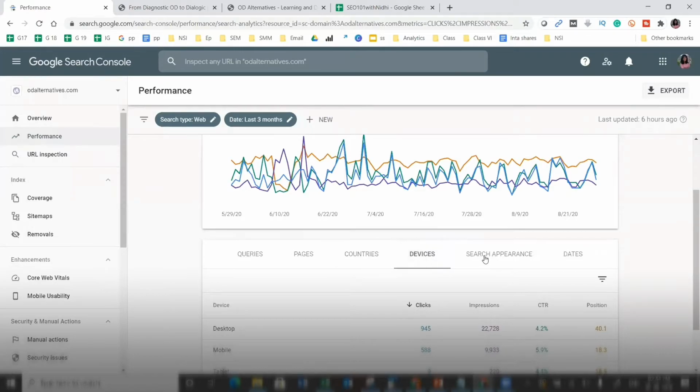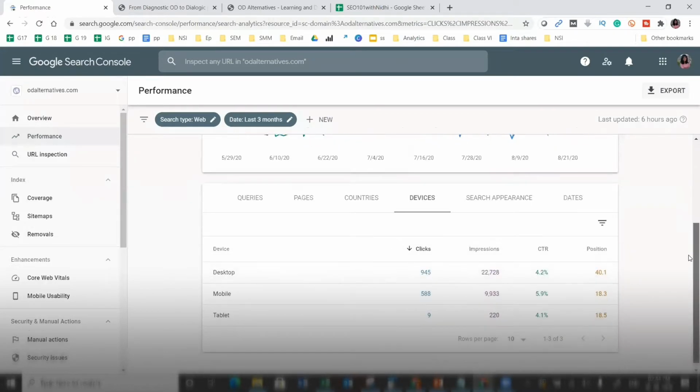Now it also tells me device level information. Now, how is it important? If you remember, and I remember, this is one of the sites I have witnessed in a long time where I'm seeing more traffic coming on the desktop side. Whatever sites I have, I see that mobile has a much bigger contribution.